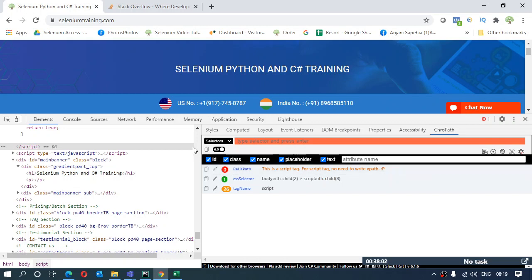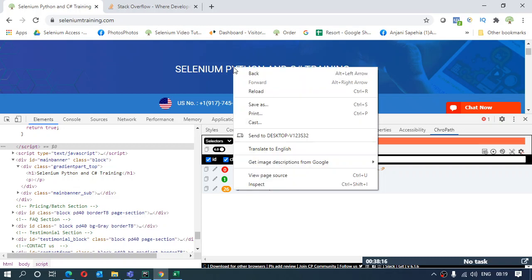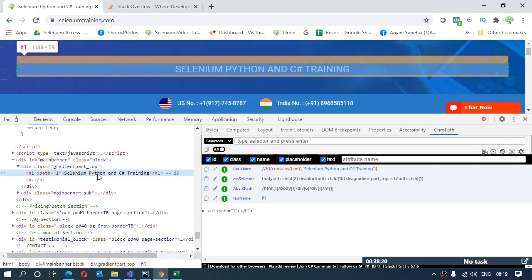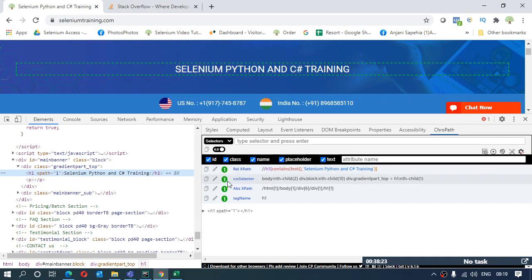You just need to look for the element on the web page. Once the page source is highlighted for the element, it will give you all the details of that element. Like if I inspect this, you can see it got highlighted, and over here I get the information like what is the tag name used for this element, what could be the complete XPath, what could be the partial XPath, what could be the CSS selector.